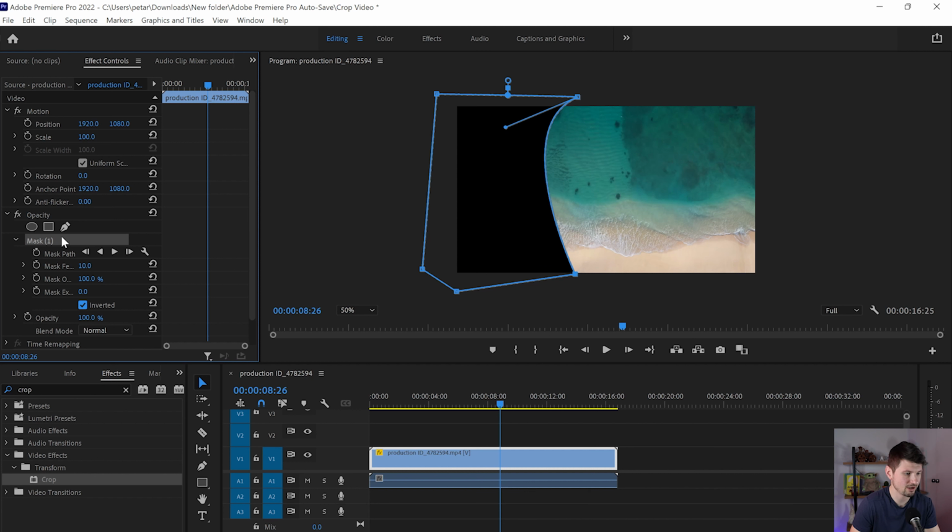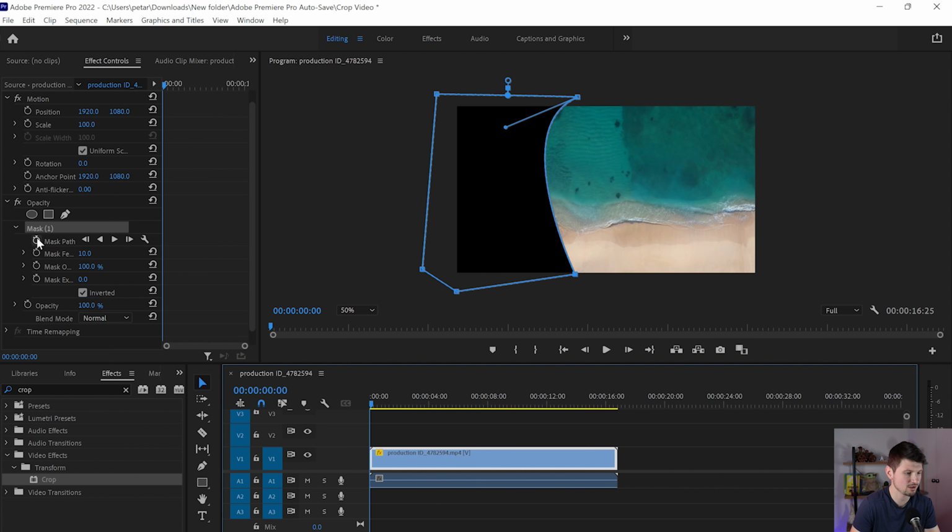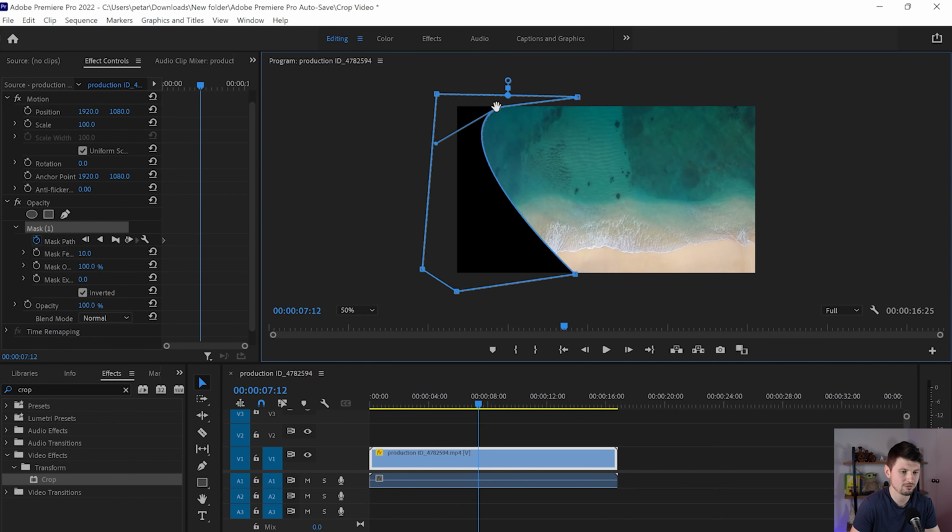Also, you can animate this cropping as well by going again to the Effect Control panel, go to the mask part, and from there, let's say that I want to create a keyframe at the beginning of the video. I'm gonna click on the stopwatch, and now we have created this keyframe. Then I'm gonna move the cursor somewhere at the middle, and I'm gonna click on the mask, and then I'm gonna move the mask further to the left, or just customize it a little bit like that, and create my second keyframe here. So let's play it, and you can see that slowly we've got this animation, which is